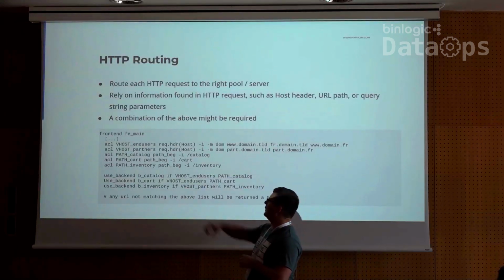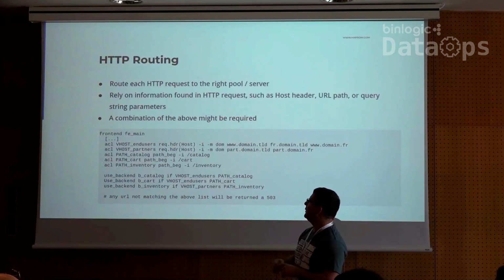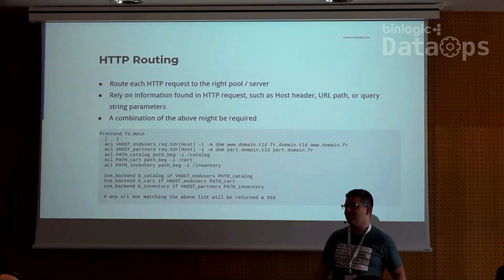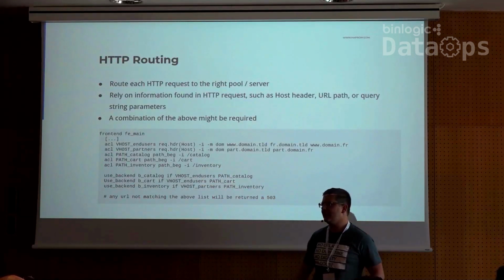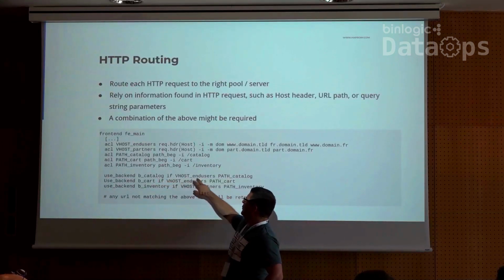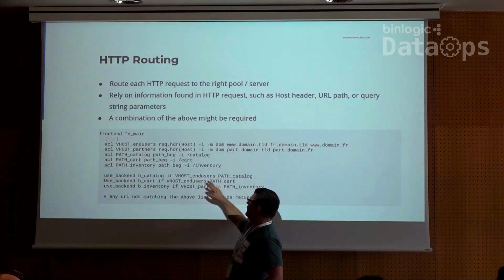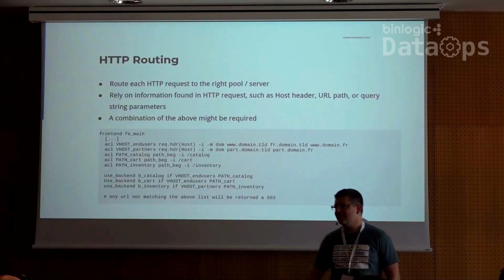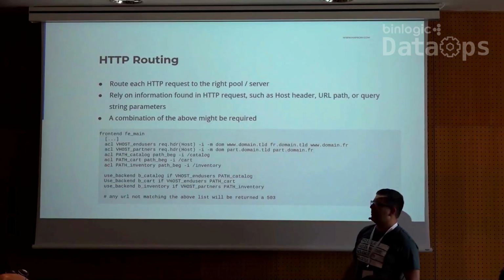So for example, on this one, I created ACLs based on the end user host header, some ACLs based on the partner's host header because I want to have multiple entry points to my API. And I also set up some ACLs to match URL paths. And then you can mix all of them. We can say, oh, I want the catalog to be used by the end user only if this is the path for the catalog. And I want the cart to be used by the end user and only if this is the path for the cart, etc., etc. You can have as many ACLs as you want. You can have as many patterns as you want.